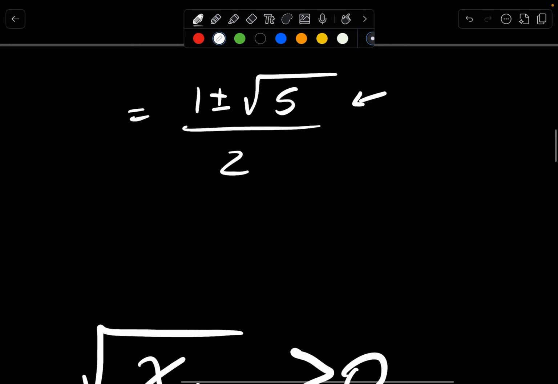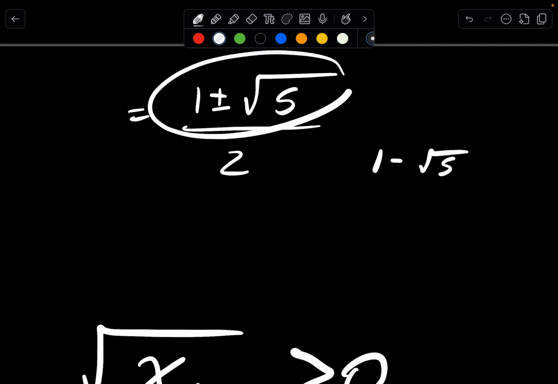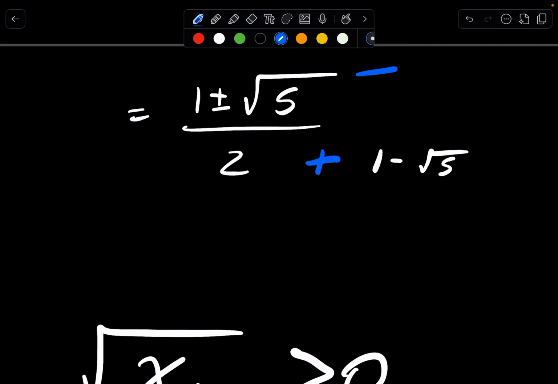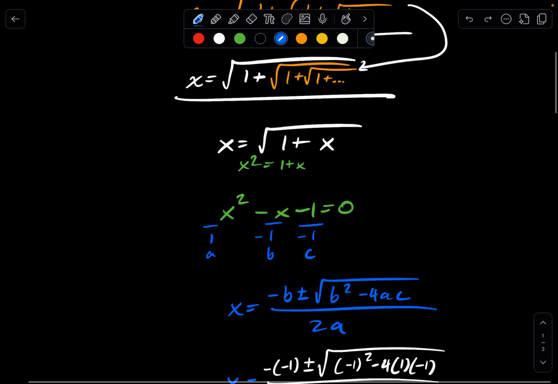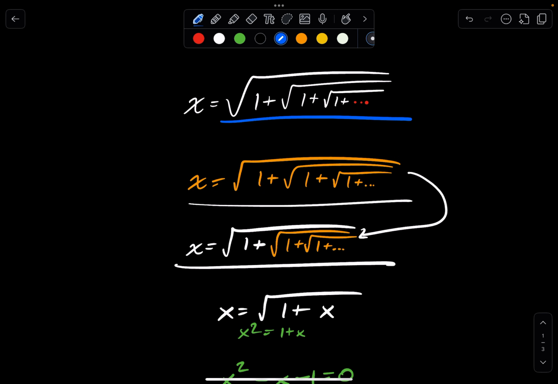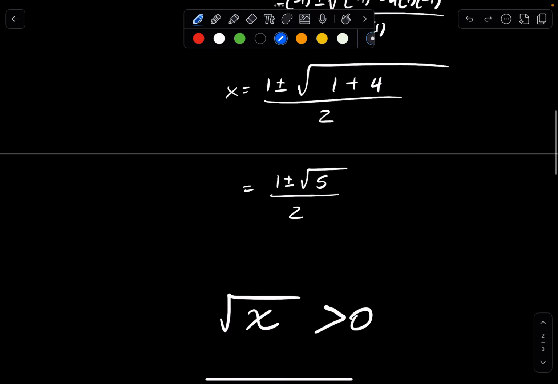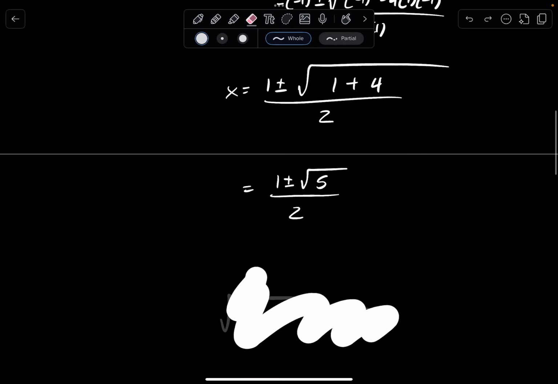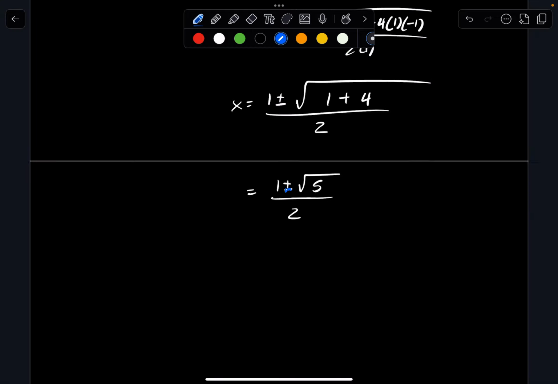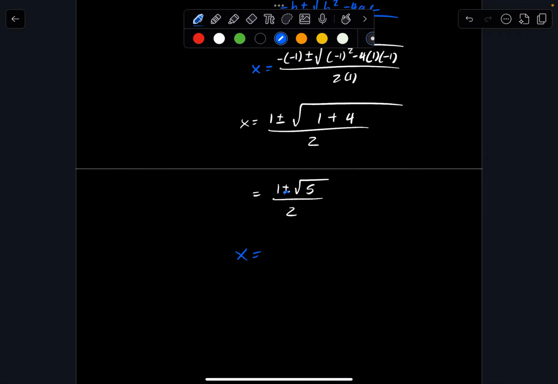Because the square root of 5 is greater than 1, when we do 1 minus the square root of 5, that gives us a negative number on top and a positive number below. And negative divided by positive will give a negative number. But x can never be negative because by definition, since we have the radical here, that's what x is equal to, this has to be greater than or equal to 0. So that means we can write the solution for x by dropping this negative. So x is equal to 1 plus the square root of